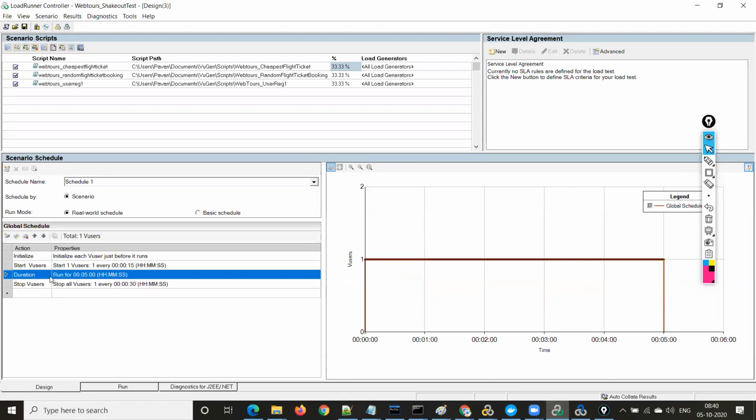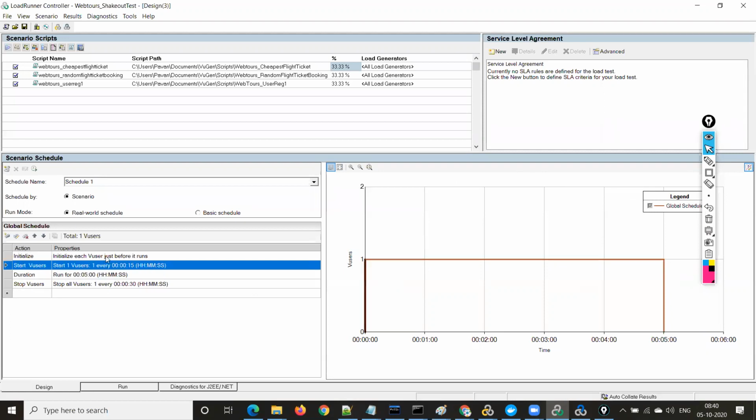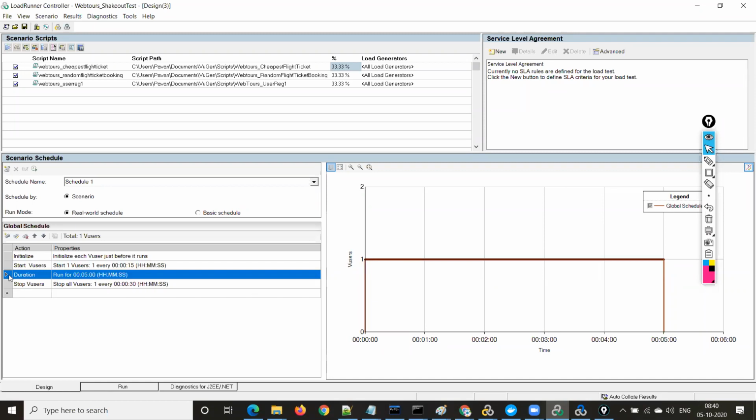And by default the test duration is 5 minutes, right? Duration means test duration. What is the default test duration? It is 5 minutes, run for 5 minutes, right? This is 5 minutes and 1 V user by default. Whatever you change here will be reflected, guys. Suppose you want to change the duration. By default, see here, the duration is 5 minutes in the graph also, right? Whatever numbers you specify here will be reflected in this graph.